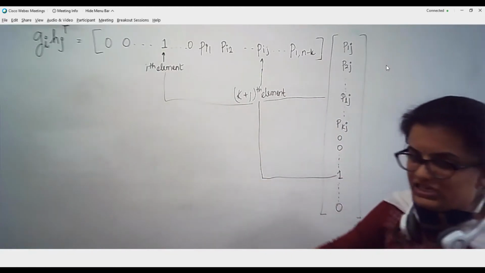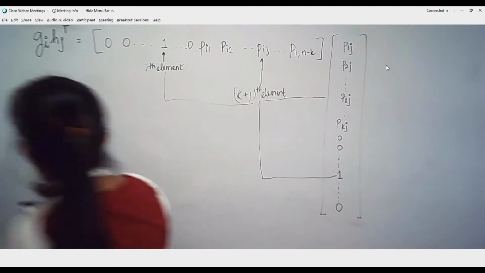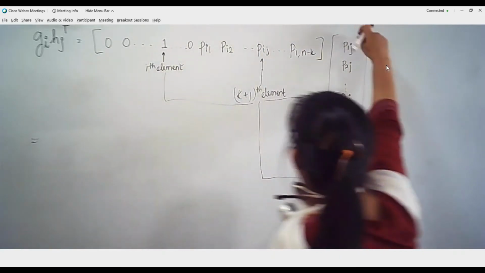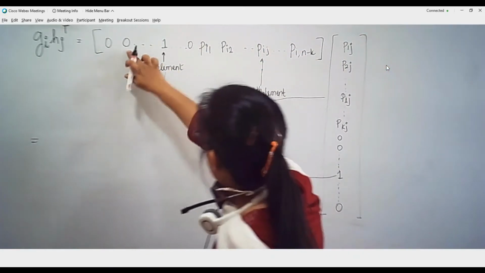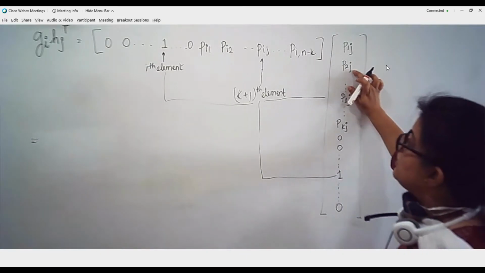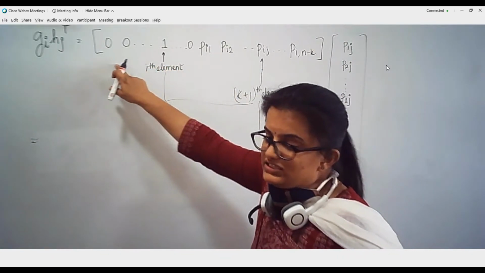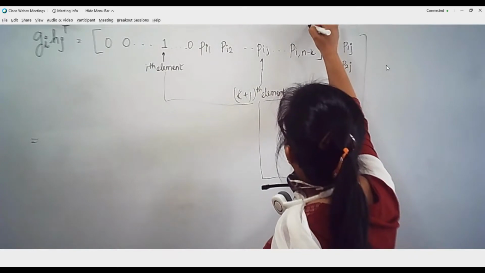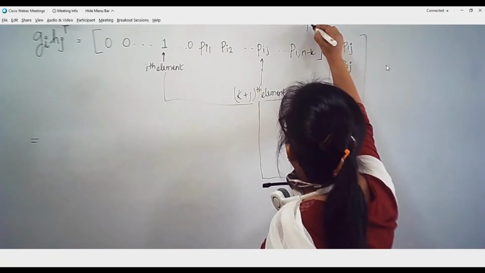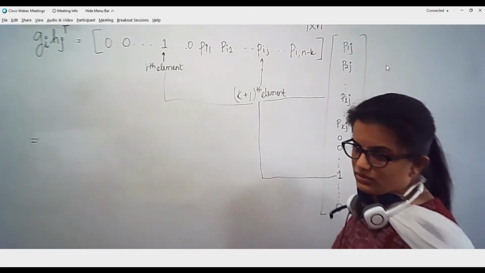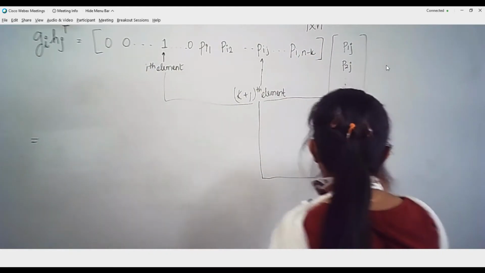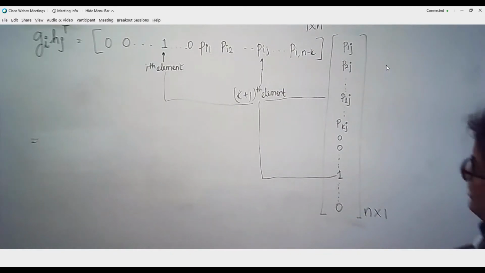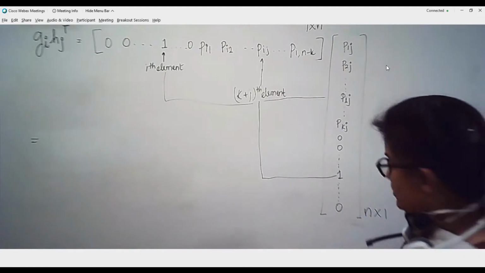So we will do the multiplication now. This is simple matrix multiplication, and check which one of these would remain. 0 multiplied by this would be 0. The element which is going to sustain in the first part, please remember, what is the size of this? This is a row matrix, so it will be 1 cross n. I'm just taking a single row. This one would be n cross 1. Right? So I should be getting only one element over here. The resultant would be one element only.